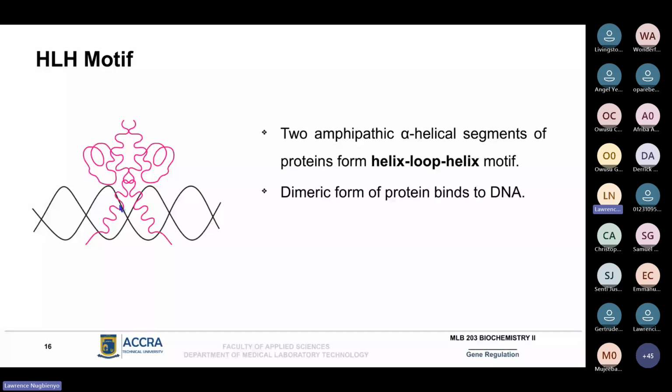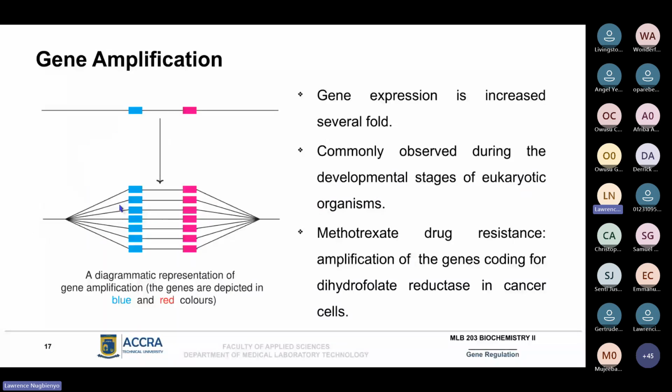Now, another form of gene regulation in eukaryotes is what is referred to as gene amplification. Now, in this case, gene amplification is not referring to the technology of the PCR, where you want to have a reproduction of DNA molecules. That's not what is being referred to. But in this case, what gene amplification refers to is the fact that